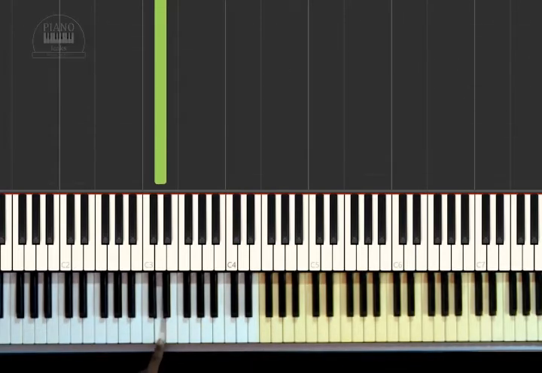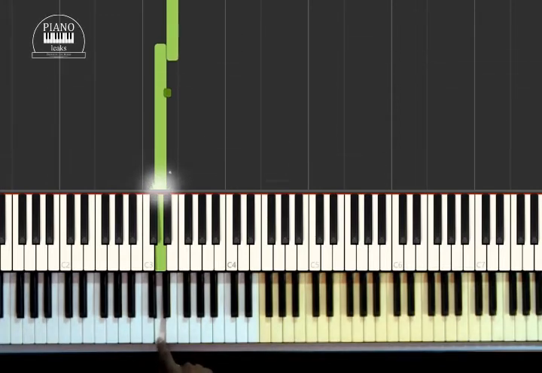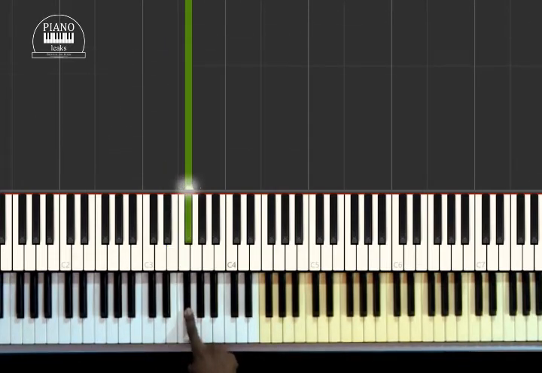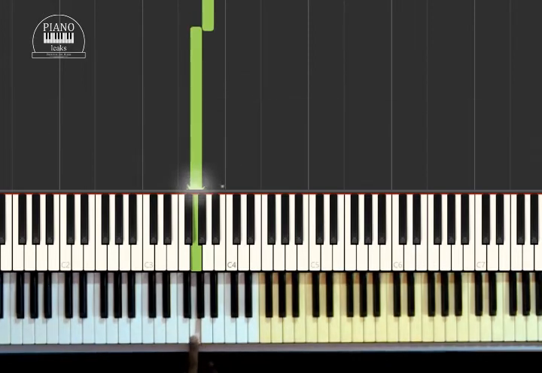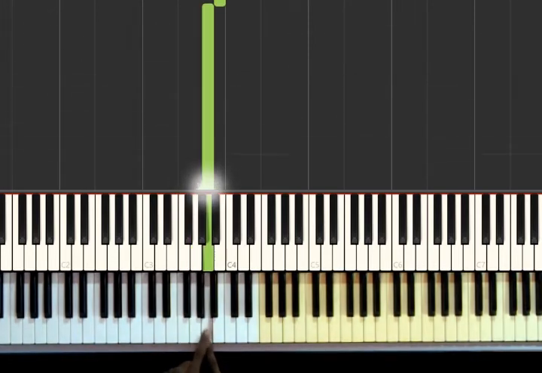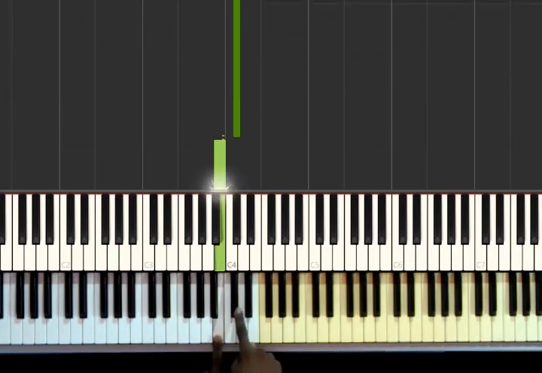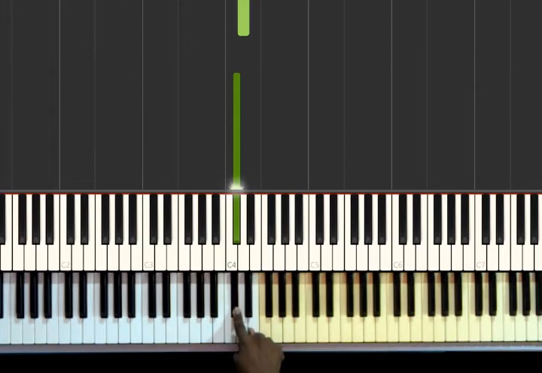In the key of D. A tone away from D, E. A tone away from E, F sharp. A tone away from F sharp. A semitone away from F sharp, G. A tone away from G. A tone away from A. A tone away from B, C sharp. A semitone away from C sharp, D. So we have